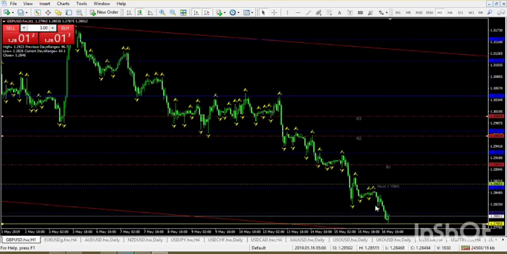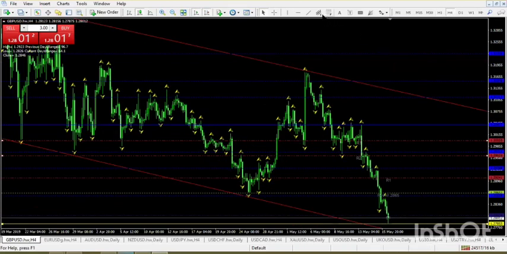Let's move on to the hourly time frame. The swing lows are lower than each other, as you can see. A swing high has to be formed here to see what happens. So we also have to wait in our hourly time frame. So this was also descending. Let's move on to the